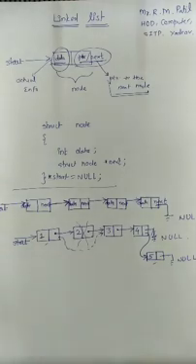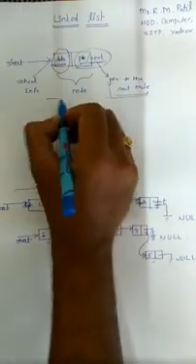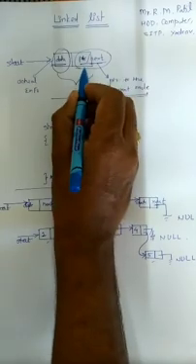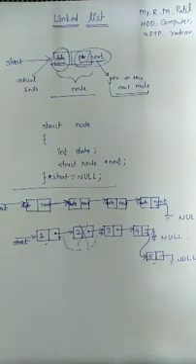Along with some advantages, we also have some disadvantages of the linked list. The first one is that more memory is required. We know that if you want to create a node, the node is going to be divided into two parts: a data field and a pointer, that is the next field. So in that case it will require more memory. Second one is that it is time consuming. Access to an arbitrary data item is a little bit time consuming and also not efficient.